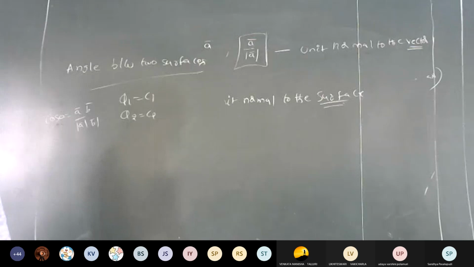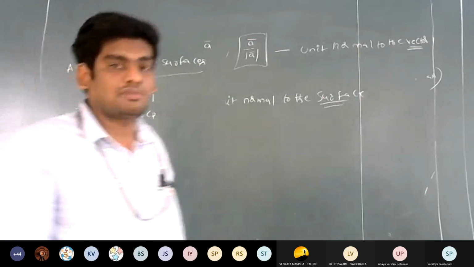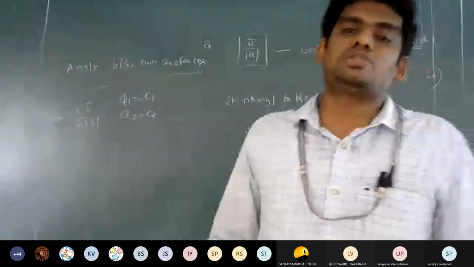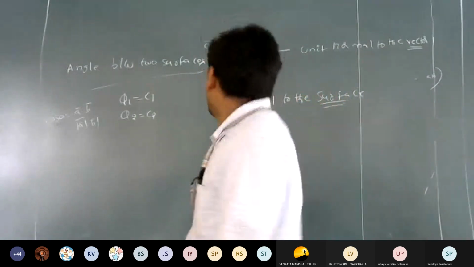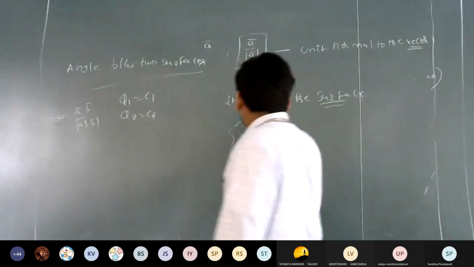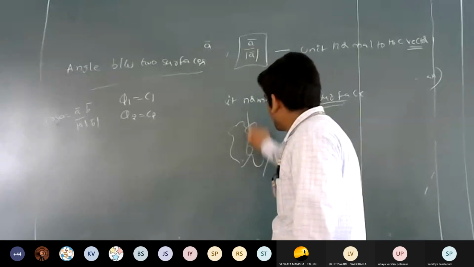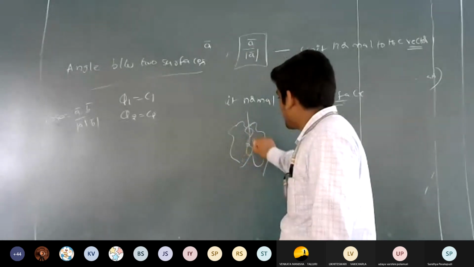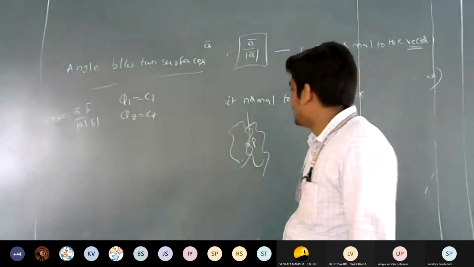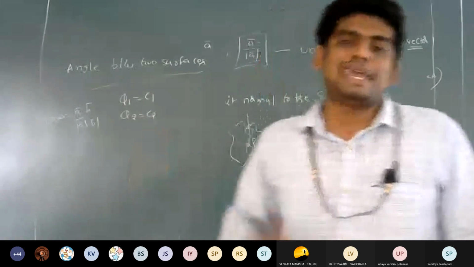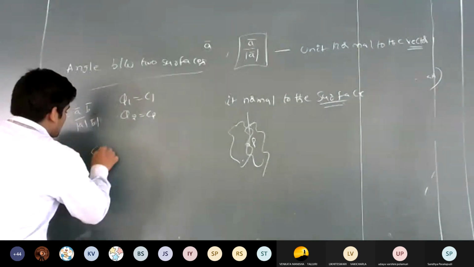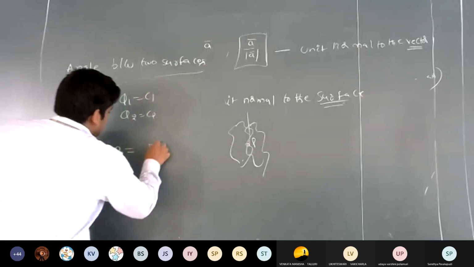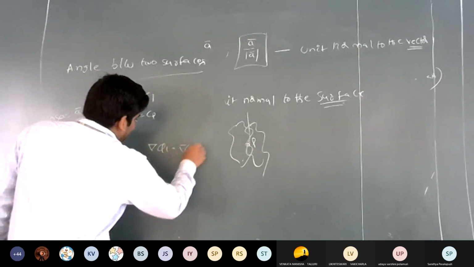Likewise here, if phi1 equals c1 is one scalar function and phi2 equals c2 is another surface, we calculate the angle between the two surfaces. Suppose these two surfaces intersect at the point P and make an angle theta. Then cos theta is del phi1 dot del phi2